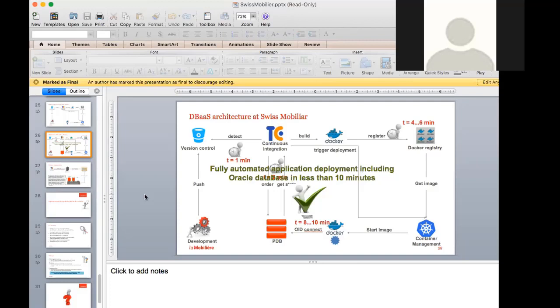What's not described here is the security lockdown profiles that are implemented, as well as the encryption that's configured automatically via the REST call to provision the pluggable database. So we are very agile, and we use very similar mechanisms in our own cloud in terms of development for multi-tenant, for agile cloud